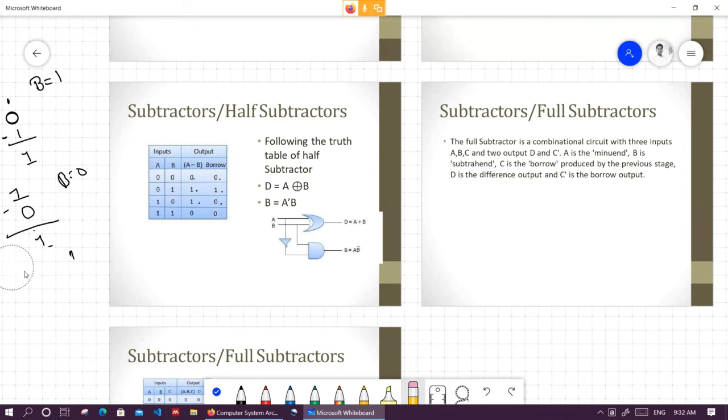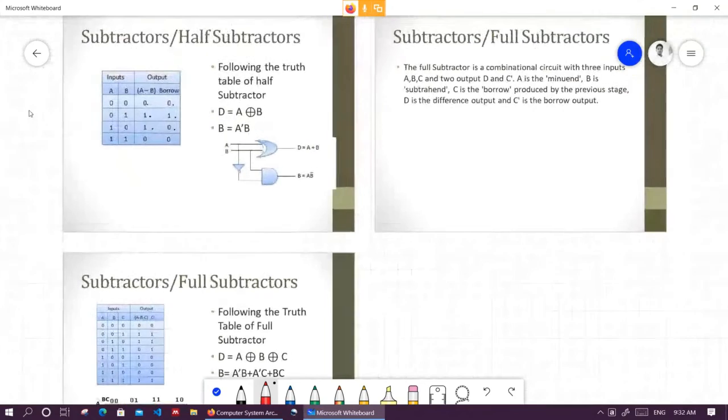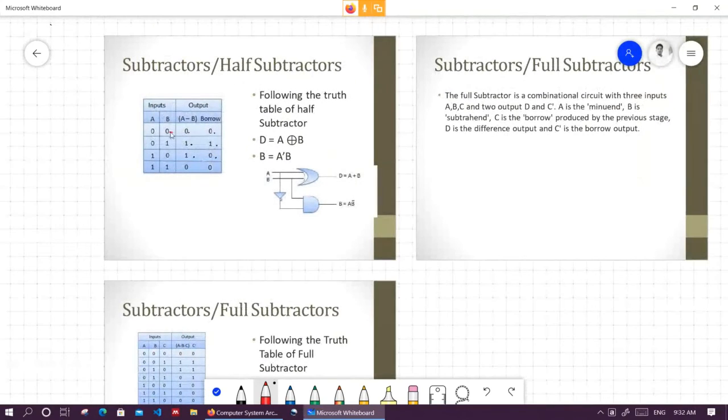Now since we have found the function values, we can draw the circuit. How do we draw the circuit? Based on the function. By simple observation, the difference column 0 1 1 0